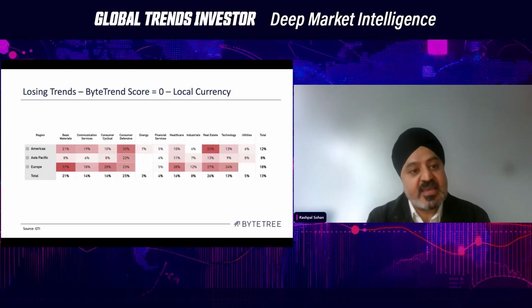If you look at the same visual now, we're not looking at the strength, but looking at the weakness. What we're showing you over here is the percentage of stocks which meet the criteria of a bear trend, so those which score a 0, and again, we're looking at it in local currency terms, not relative terms. If you look at the figure in the bottom right-hand corner, it's 13%, if my eyes are correct. So 13% is not very large. It's telling you not many stocks meet the criteria of a bear trend. So again, going back to the key point that we're still in a bull market.